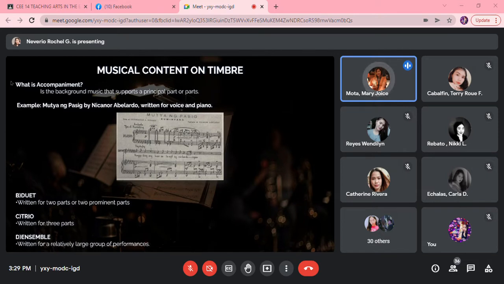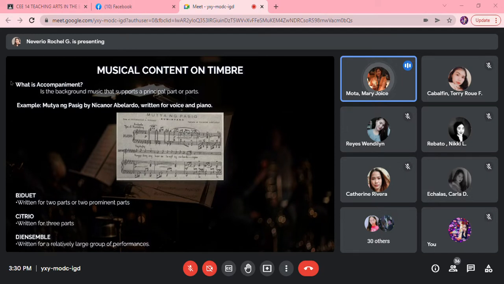If medyo familiar kayo with chords, right? Yung pag may mga kilala kayong instrumentalist, naririnig nyo sa kanila, ano ba chords ng ganito? Sige, tugtog mo nga gantong chords, tas kakantahin ko. So, here, that is the accompaniment. Instead of chords, ang pinaka-chords nila is the notes, which is dalawa na siya, for piano na and for voice. Letter B, duet. From the word itself, duet, duo. So, dalawa. Written for two parts or two prominent parts.